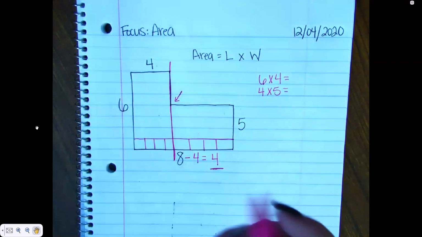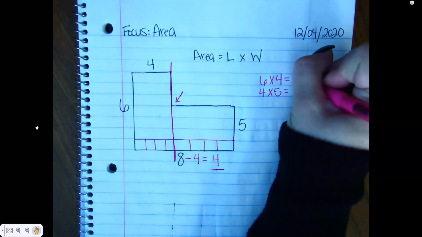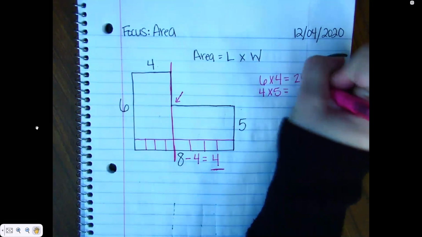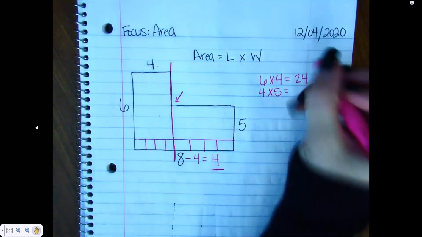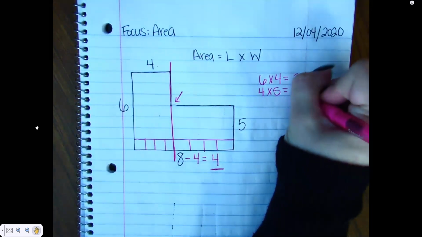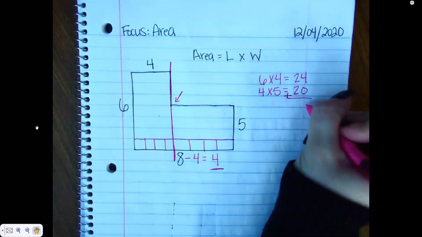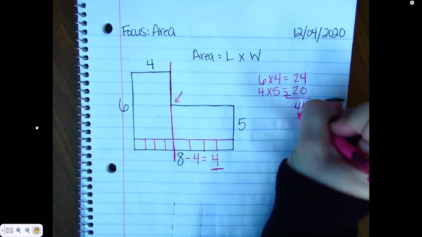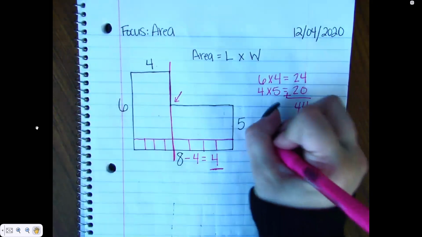Gabriel, what is it? It's 24, I'm pretty sure. It's 24. Okay? What's 5 times 4? Katya, what's 5 times 4? 20. And then I'm going to add them together, and I would get 44. So my area